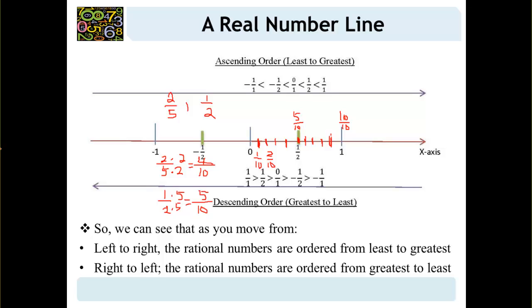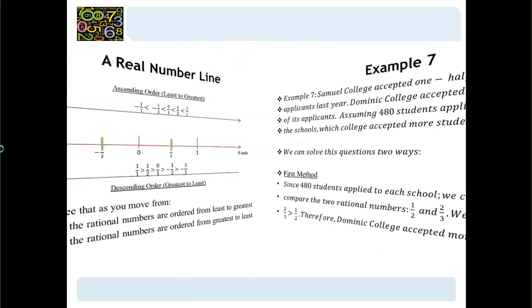Okay, you can say that 4 out of 5 is greater than 3 out of 5 and the rest of them. So when they give you a set of numbers, rational numbers, if they are not in the same denominator, you want to make them first in the same denominator, and then you can now order them in ascending order, which is least to greatest, or in descending order,